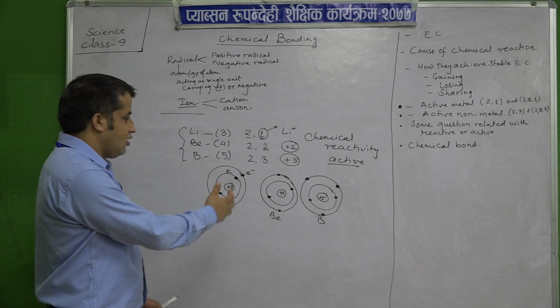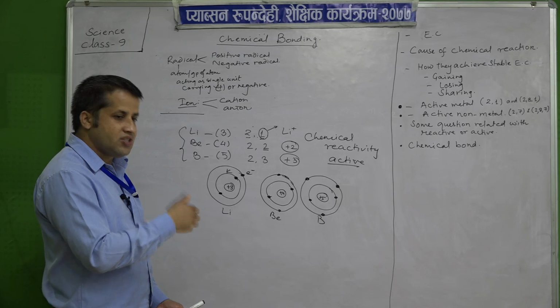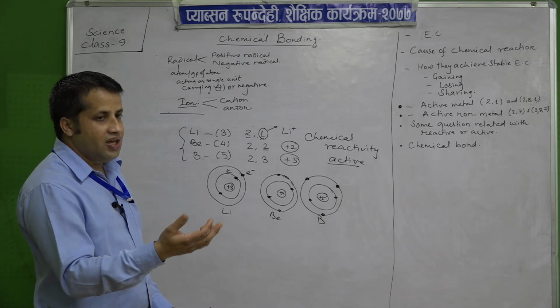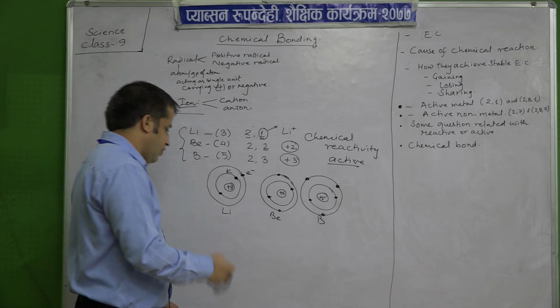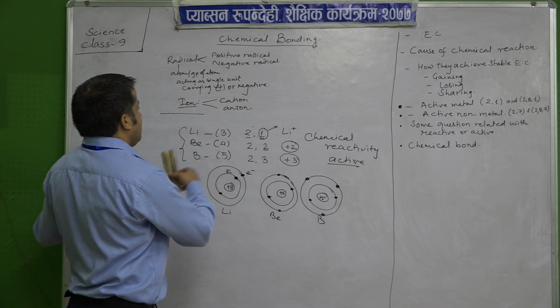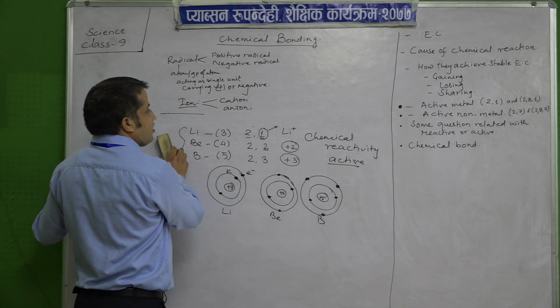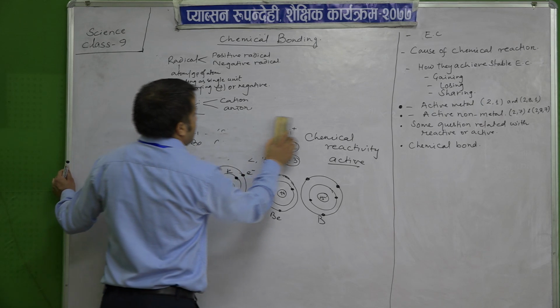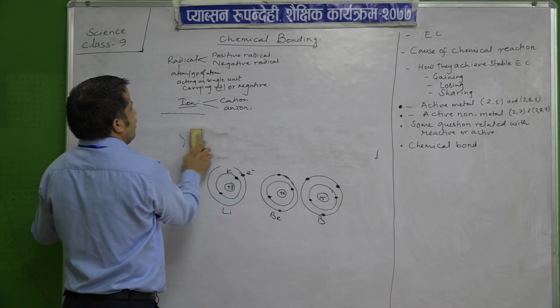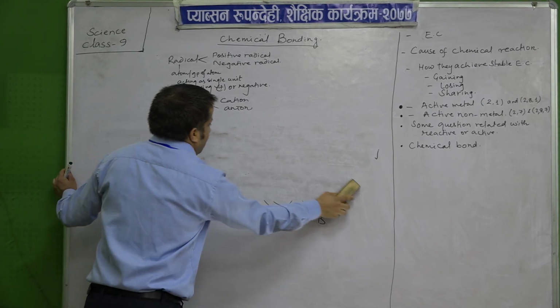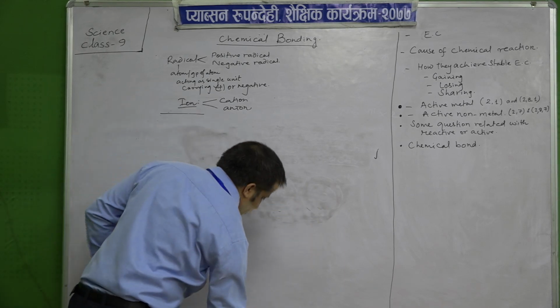So, all metals have a capacity to lose electrons, but the one which gives them up more easily than the others is called an active metal. Similarly, in the case of non-metals, it means the tendency to gain electrons.